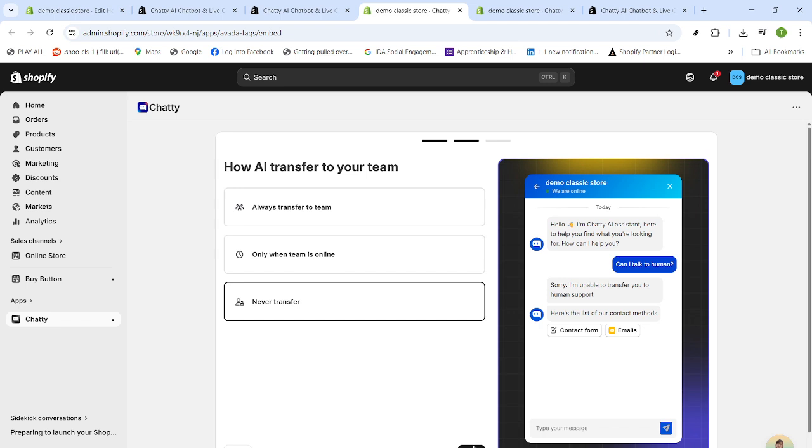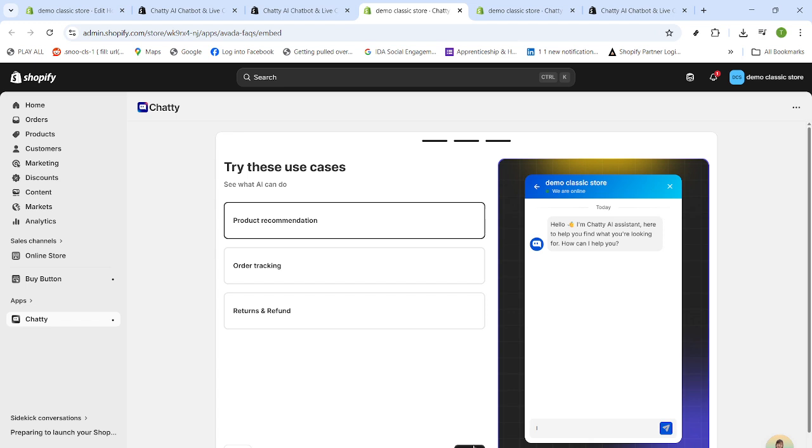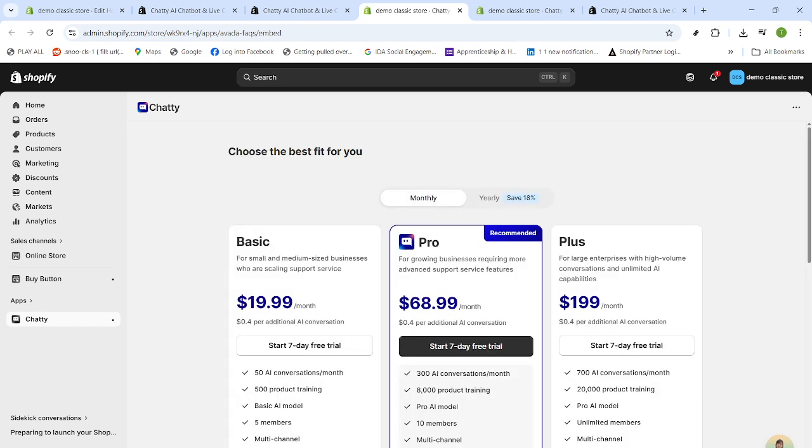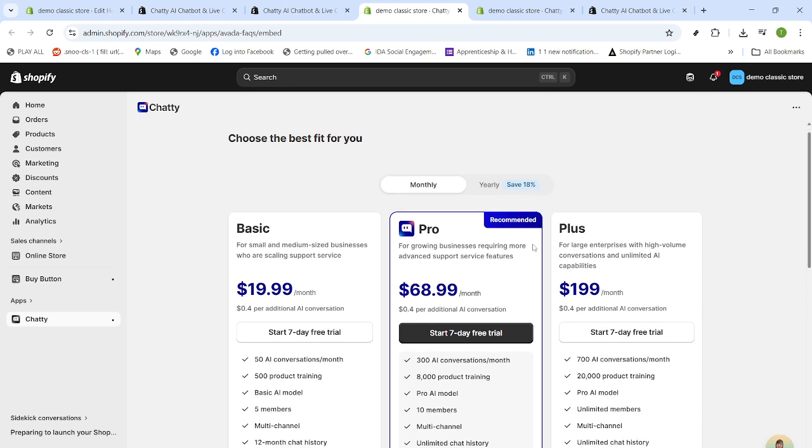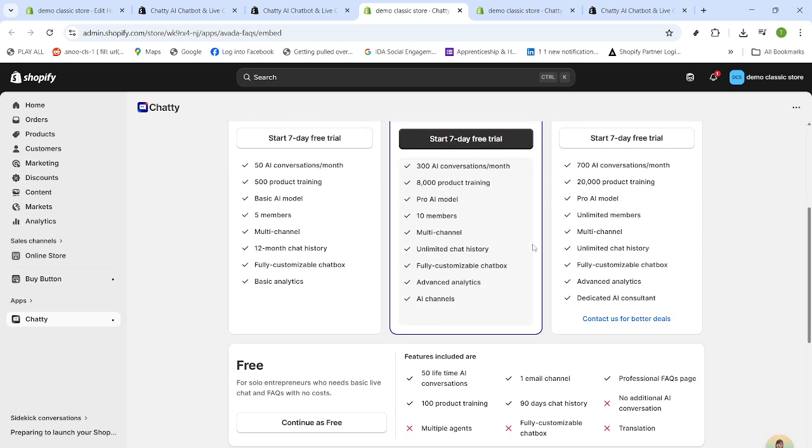Give your store a quick refresh and look for the new chat bubble on your storefront. If you don't see it immediately, wait a moment and refresh again. That's it. Your AI chatbot is installed and ready to greet visitors, answer common questions, and help